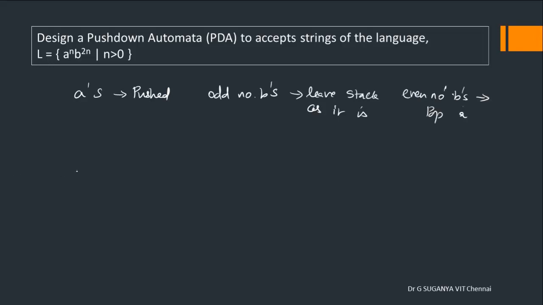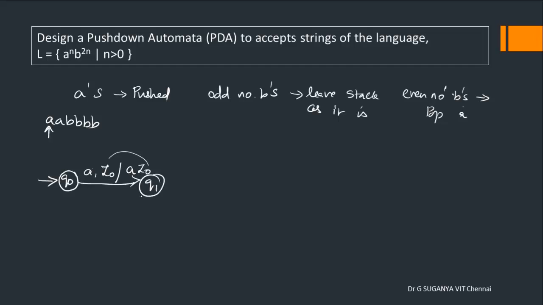So let us draw a pushdown automata. Just follow it, it is very easy. Q0. Initially, when the first A comes on our input, the stack will have only Z0. So our intention is to push it down. So this Z0 will be kept as it is, over which you should have A. So it will become A Z0.